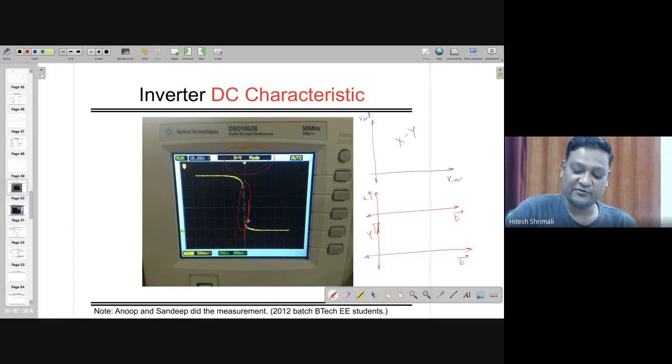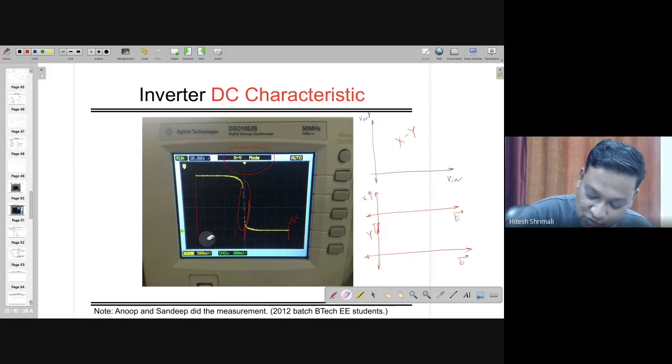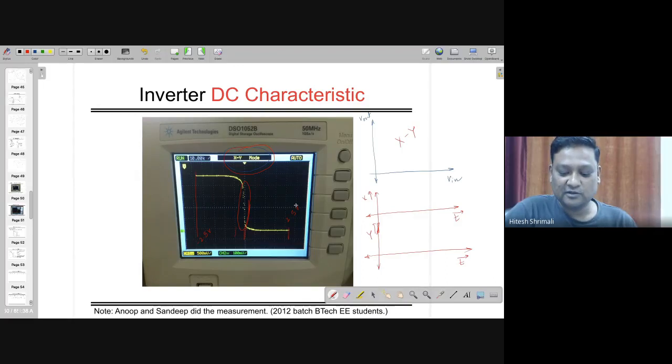So you can see that it's very sharp, whereas this was going from minus some value, maybe minus 5 volt to plus 5 volt. Okay, let me see. Sorry, it has to be minus 2.5 to plus 2.5, because each box is 500 millivolts. So 1, 2, 3, 4, 5. So it's around minus 2.5 volt to plus 2.5 volt, right? So we have done this experiment, and in the laboratory, this is what we got.